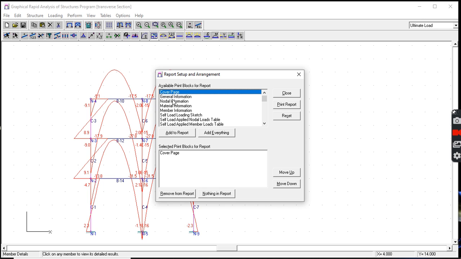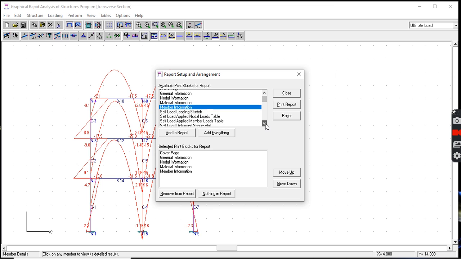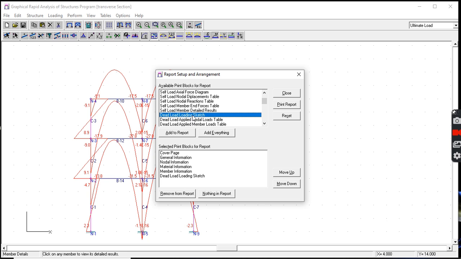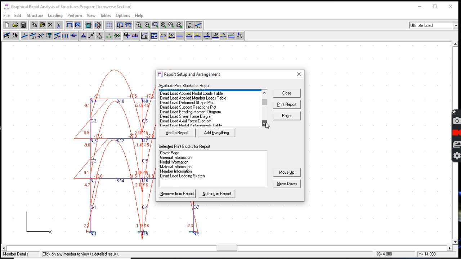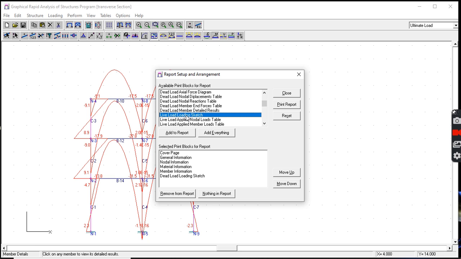So we have the cover page, the general info, nodal information, material information, member information. We don't have self-weight, it is not the same as dead load. So we have the dead loading sketch, and then the live loading sketch, the wind loading sketch, then the earthquake loading sketch. And then we go straight to our ultimate load